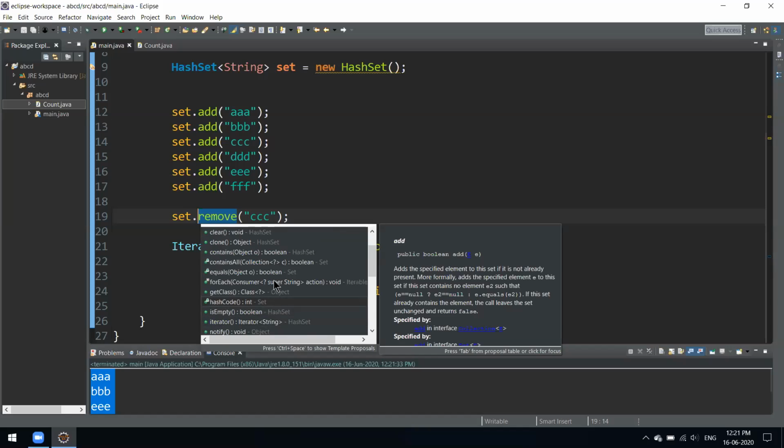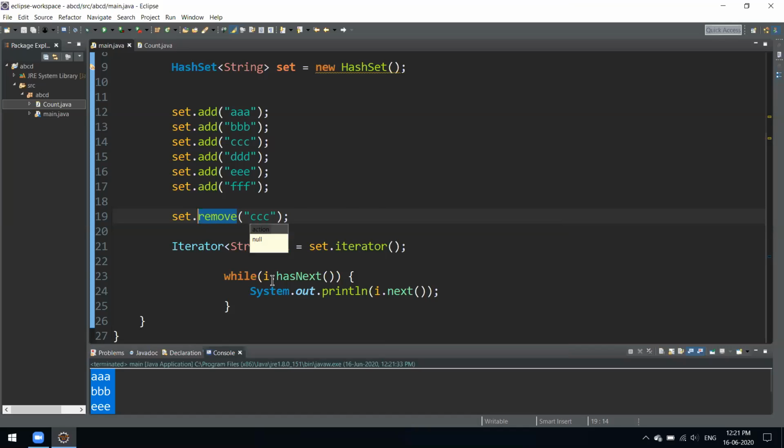We also have a for each loop over here. If you want to try it out, we have a for each loop. But for that, I'll suggest you use an iterator interface. Iterator interface can be used anywhere, and it is very easy to use, instead of making up code for the for loops and all.